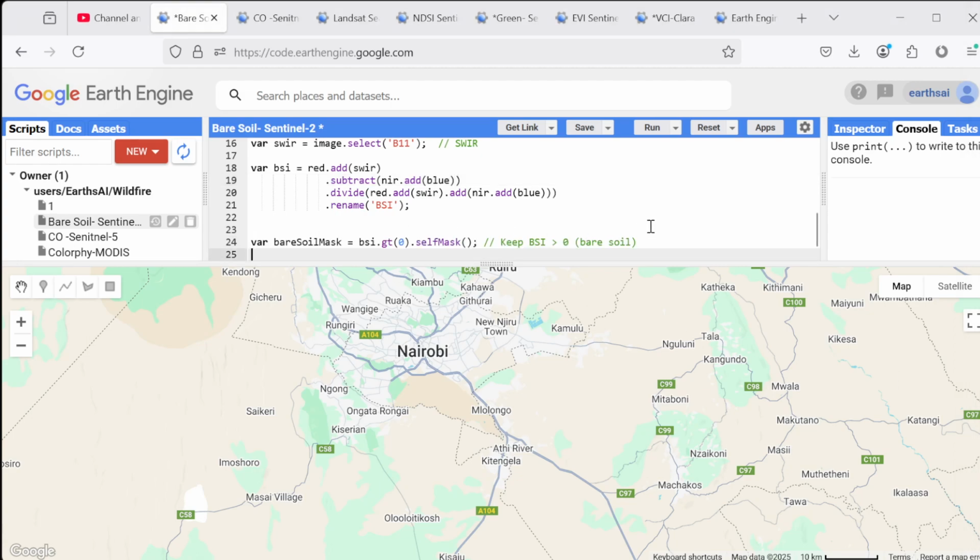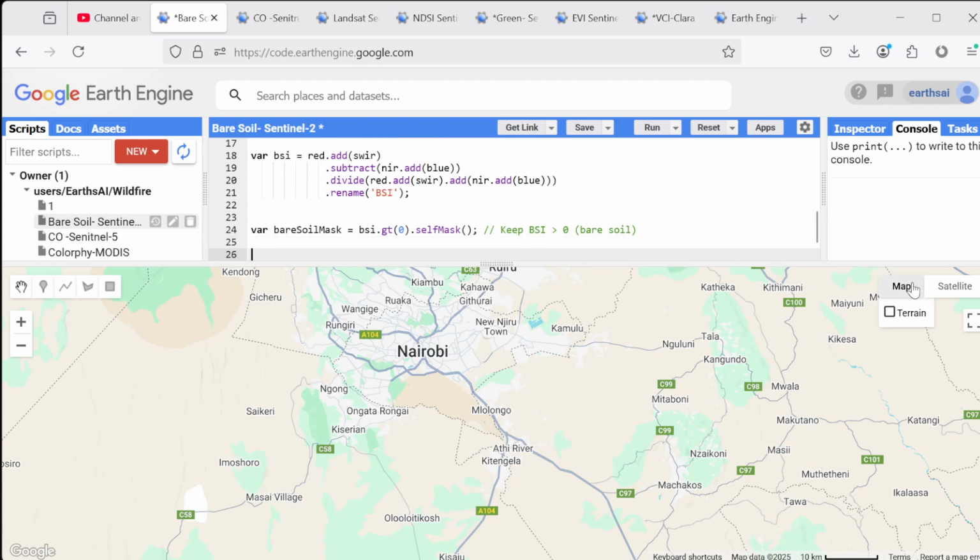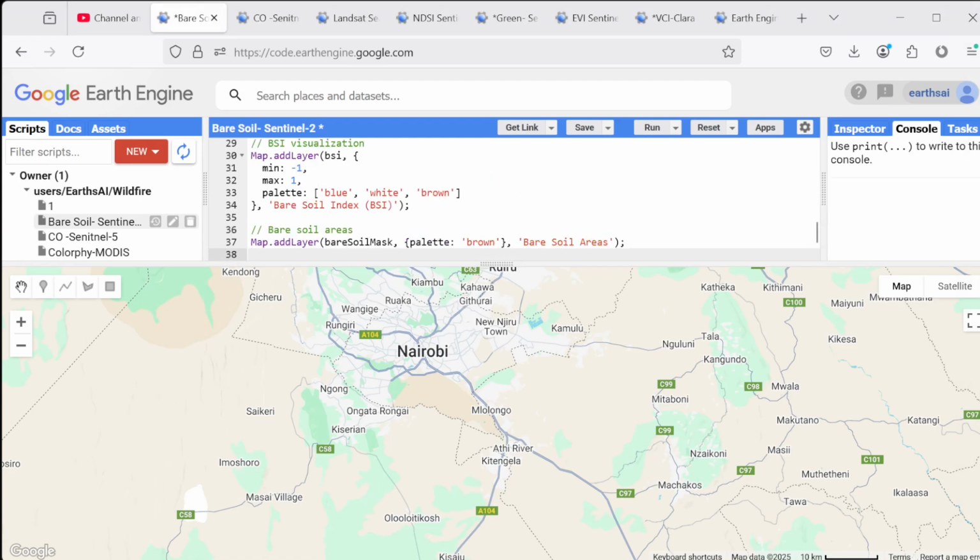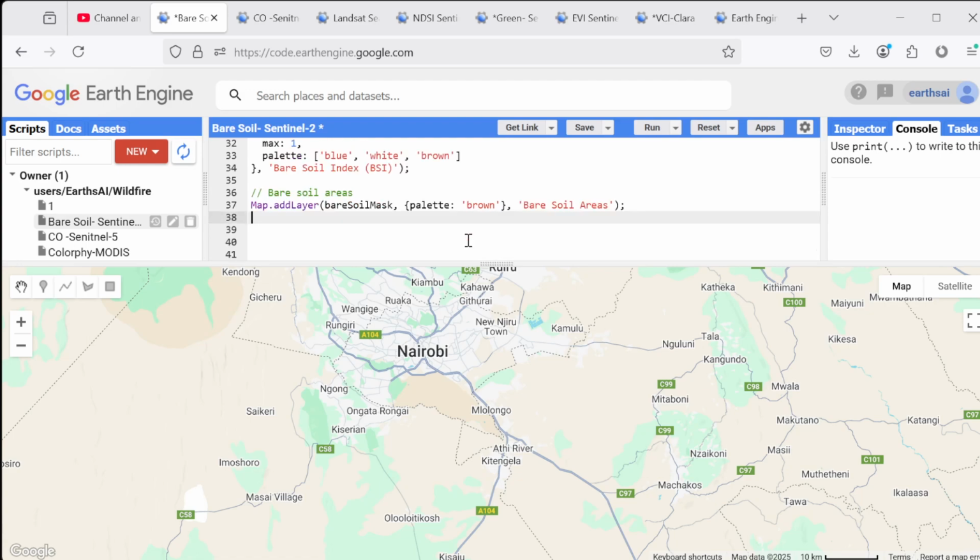BSI area like this: BSI greater than 0 dot selfMask, and this keeps only the BSI greater than 0. And step 6 is the visualization layer. We define it like this, minimum -1 to maximum 1, and palette blue, white, brown, and the layer name is Bare Soil Index. And after this the final step is adding the layer with the bare soil mask and palette. And we can now run the code,